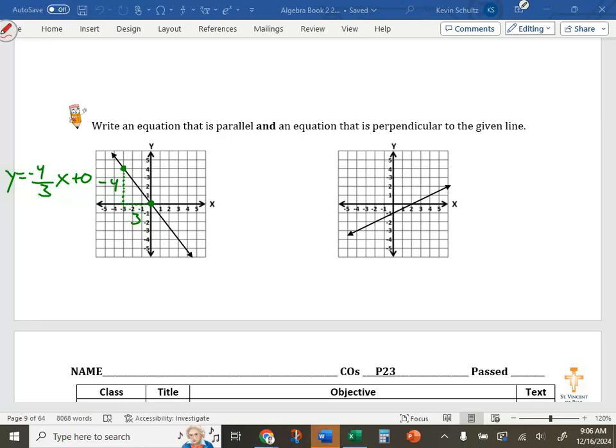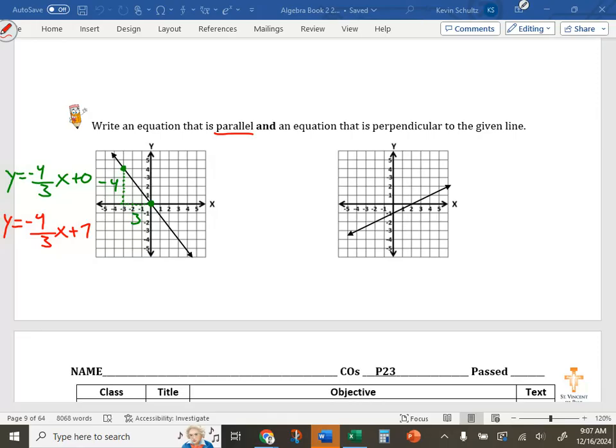Give me an equation of a line that is parallel to this one. Jude. Y equals -4 over 3x plus 7. Sure. Does the plus 7 have to be that? No, you can pick whatever y-intercept you want to, right? A million. It doesn't matter where it crosses the y-axis. Parallel lines only are determined by what their slopes are, okay? So as long as we have the same slope and not 0, because then it would be the same line,